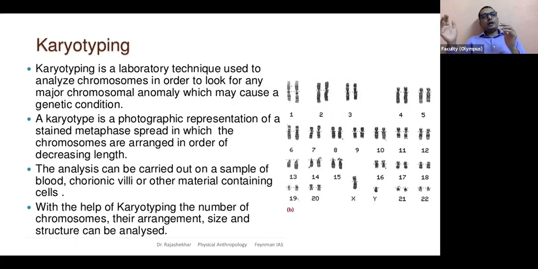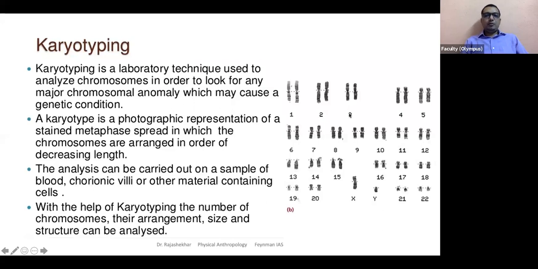As we go on to anaphase, telophase, again they unwind. So to see proper chromosome structures, metaphase is best. That is why they choose metaphase chromosomes, so that they can clearly see the chromosomes and try to pair them, try to organize them to understand if there are any abnormalities.